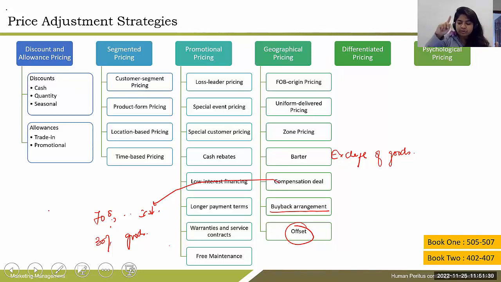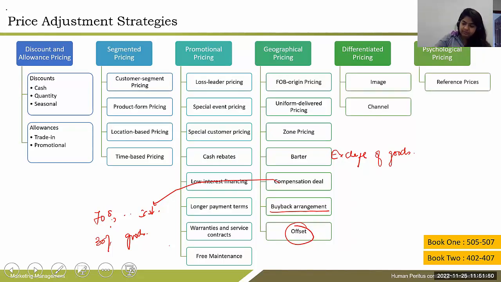Am I clear with geographical pricing? The entire geographical pricing? This differentiated pricing is the same as channel. Okay, I'll give you another example for channel. Image pricing, based on the image of the good. Let's say I